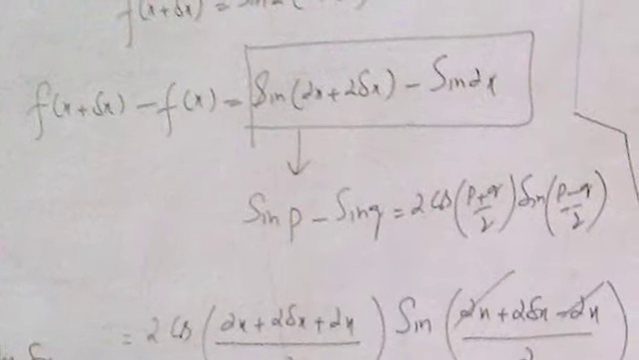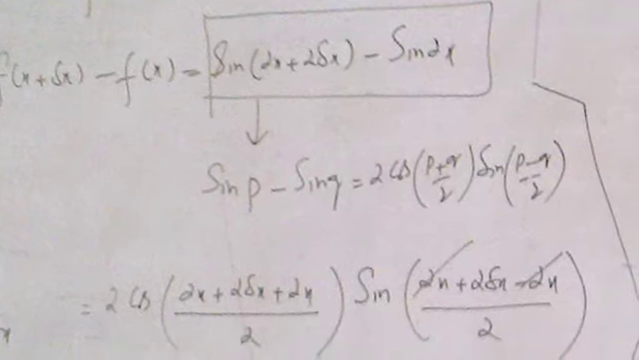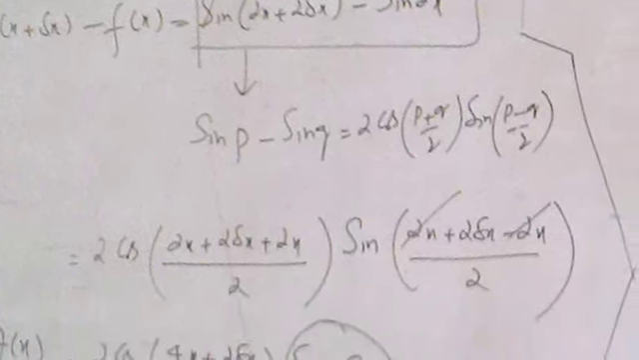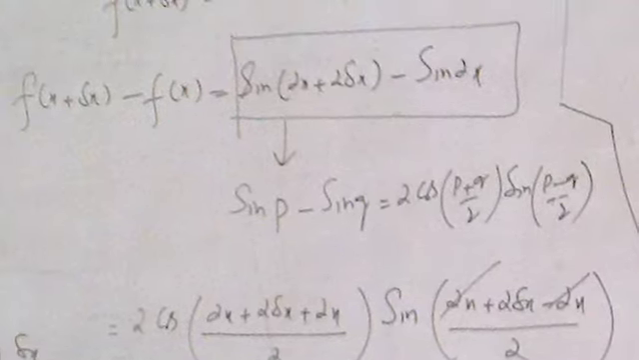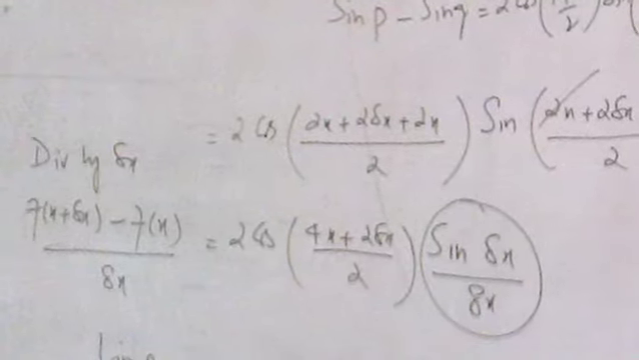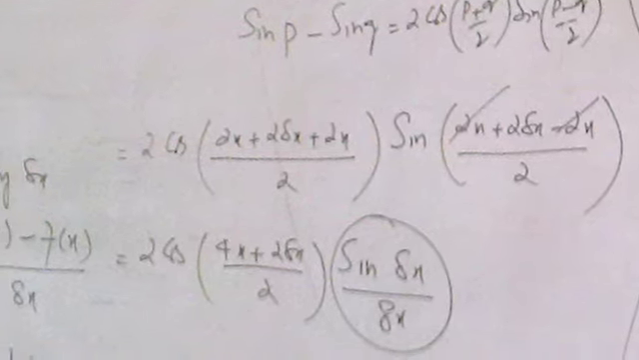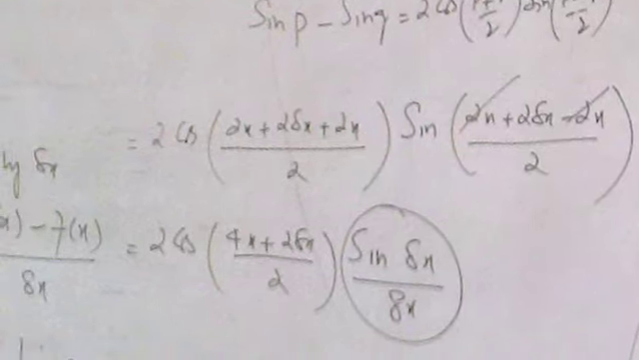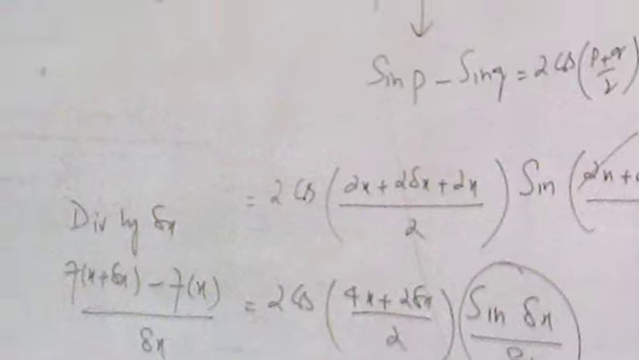Now we apply this formula: sin p minus sin q is equal to 2 cos (p plus q) over 2 and sin (p minus q) over 2. Here p is 2x plus 2 delta x and q is 2x. Replacing these values in the formula, the simplified form is 2 cos (4x plus 2 delta x) over 2 and sin delta x over